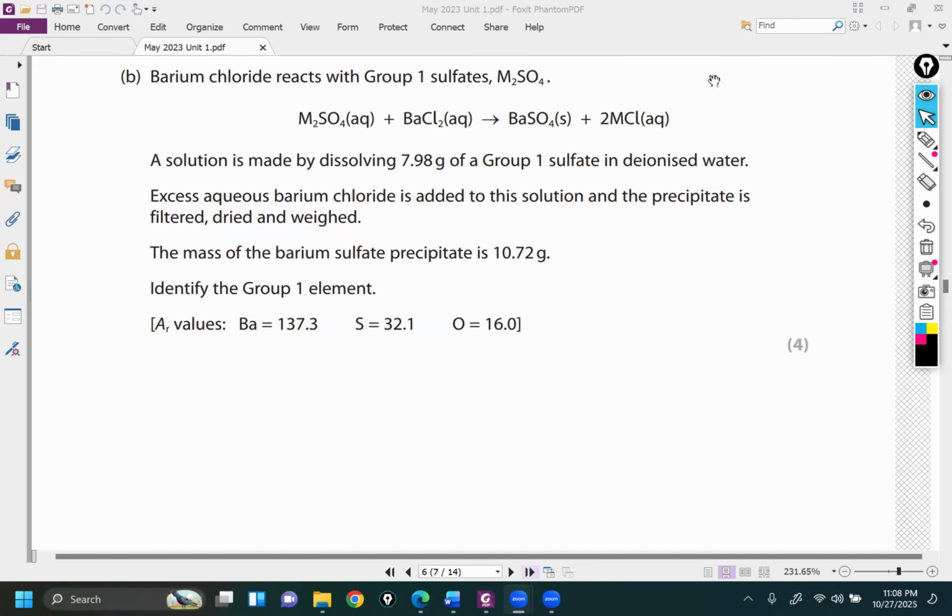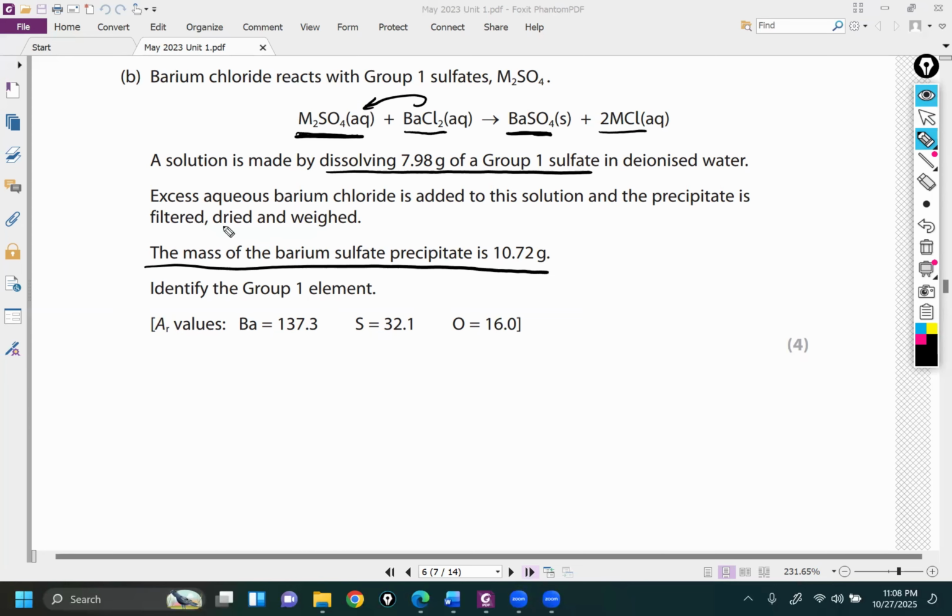Dear student, in this section, barium chloride reacts with group 1 sulfate M2SO4. Now the equation is given to us. This M2SO4, which is group 1 sulfate, reacts with barium chloride. We get barium sulfate and group 1 chloride. The mass of this group 1 sulfate is given as 7.98 gram, and when barium chloride is added in excess, the mass of the barium sulfate precipitate produced after drying